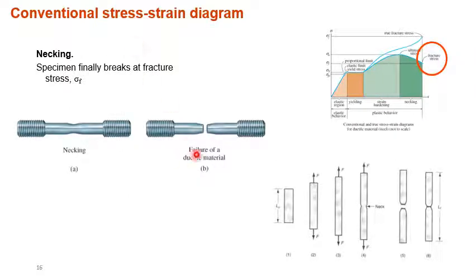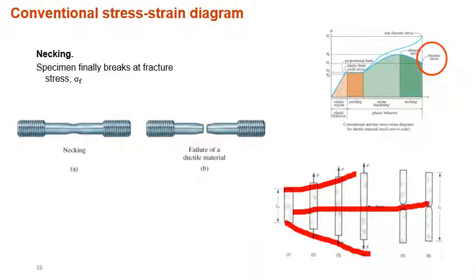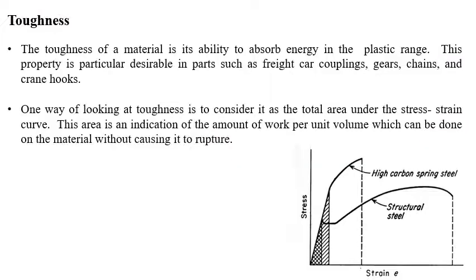So this is what I said, necking: a localized reduction in the area with an increase in the length. You can see like this the increase in the length, and like this there is a decrease in the area. That's what is going to happen once necking comes. And that is the fracture point.